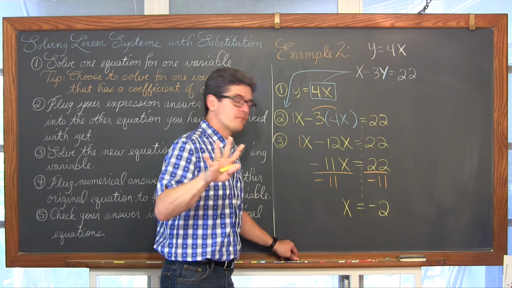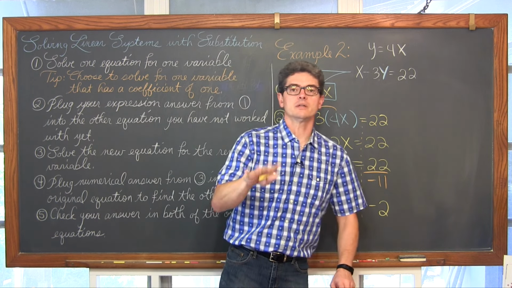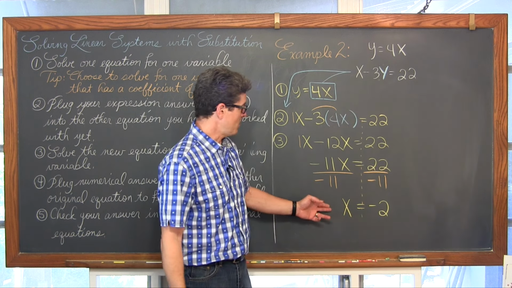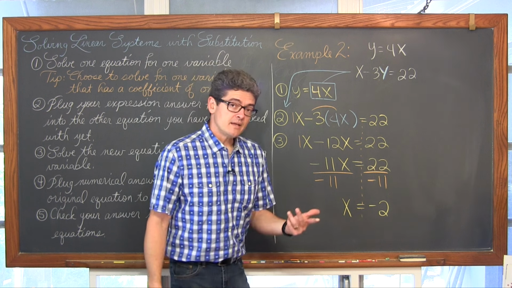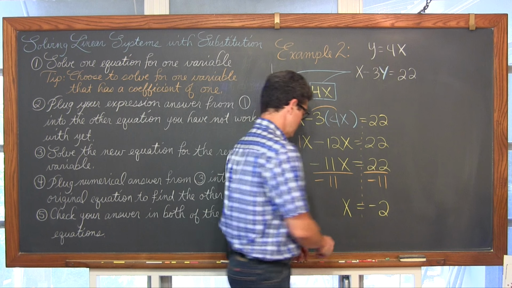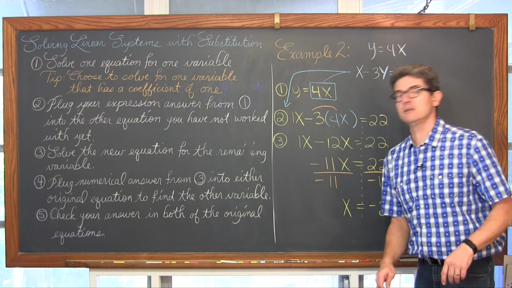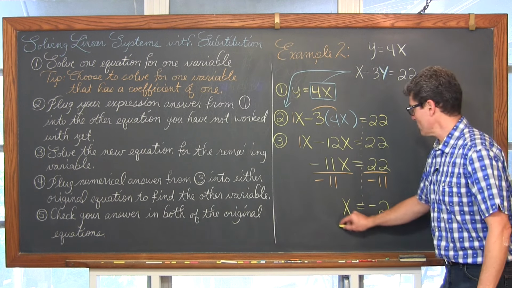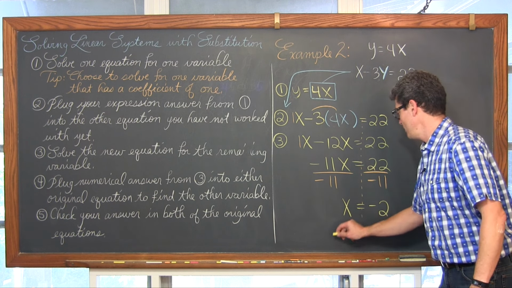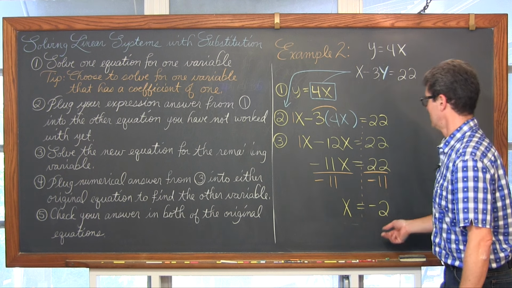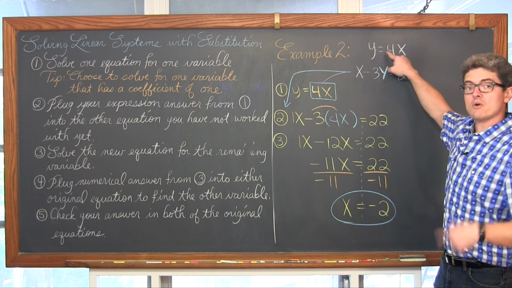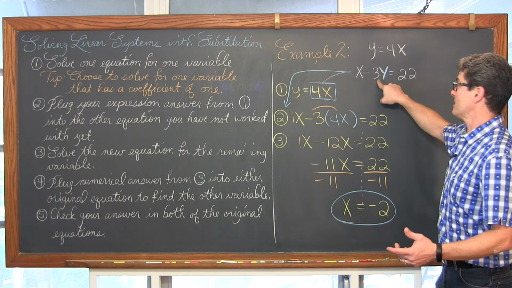Step 4, again, is to find the other coordinate of the intersection point. So I've labeled this in terms of x and y. We've got the x coordinate, the x value of our coordinate. Let's go find the y. And one more time, we do that by plugging it back into either one now. We don't have to go into the other, new. Let's do this in blue again. It's not like before where we started with the first equation and had to plug into the second one.